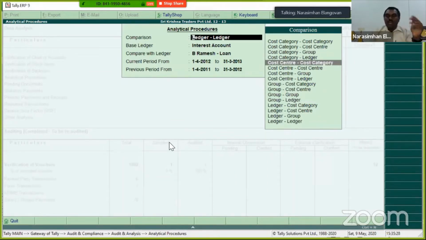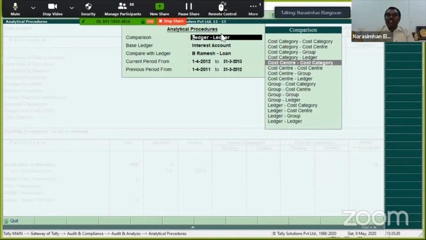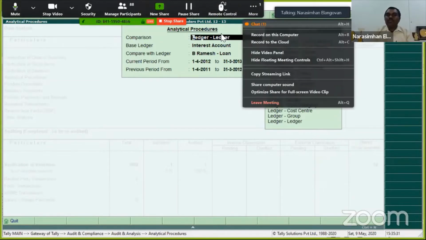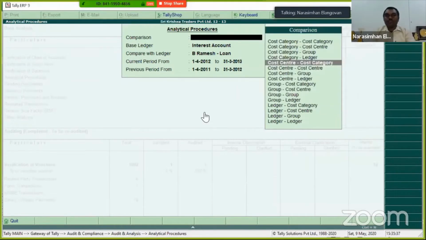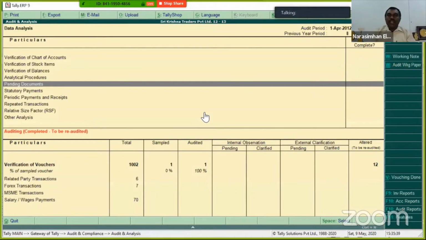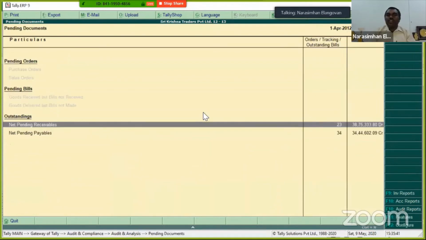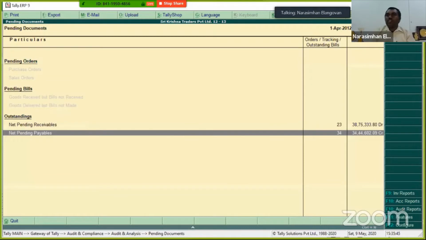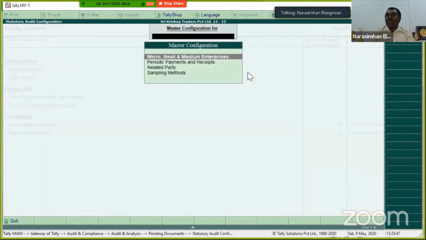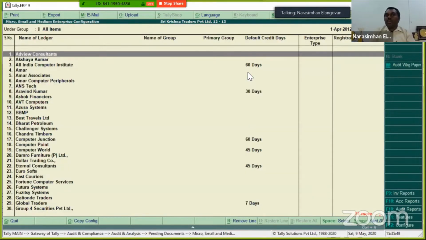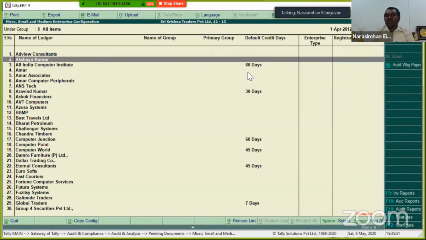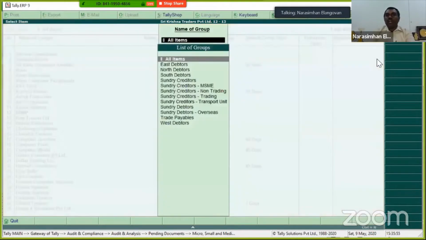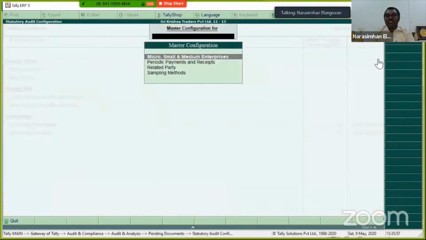Now, those of you who are doing bank audits, my dear friends, these are all things which you can easily do. It will help you to save a whole lot of things. Okay. Next comes your pending documentation. You can figure out which documents are pending, which are not pending, etc. You can go ahead and configure this. You can decide MSME files, who are all my MSMEs, what is the default credit period, all of those you can go and click. You can group them. Now you can get to know at one shot who are all your details.